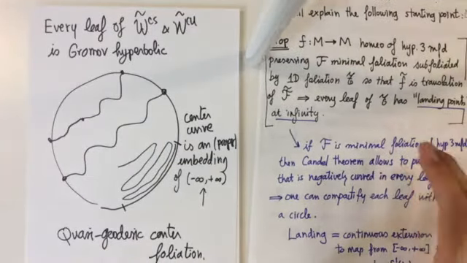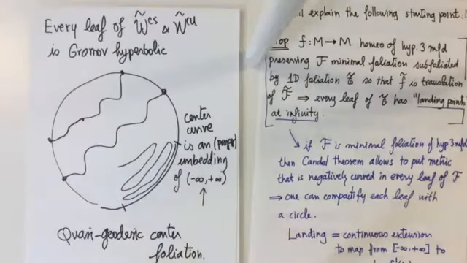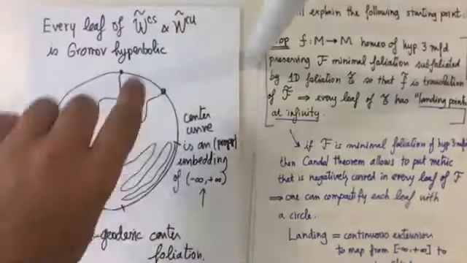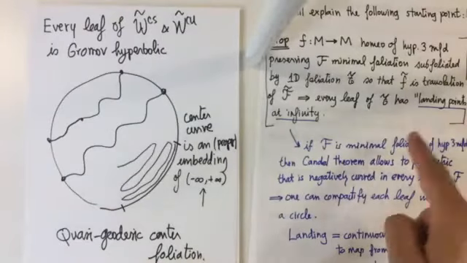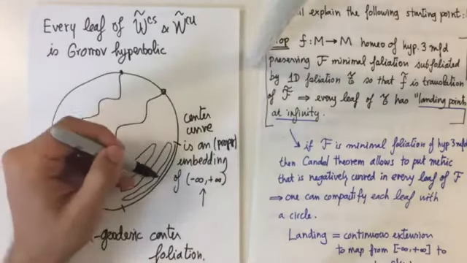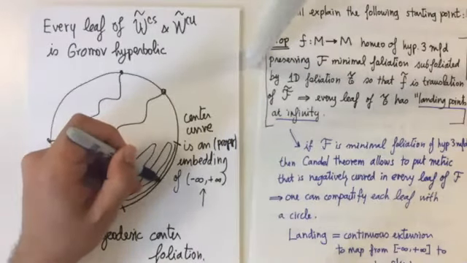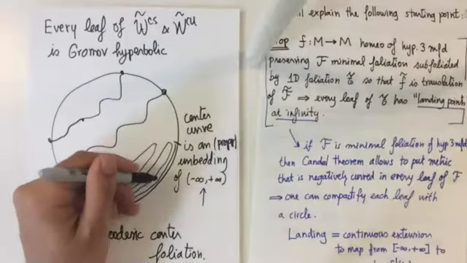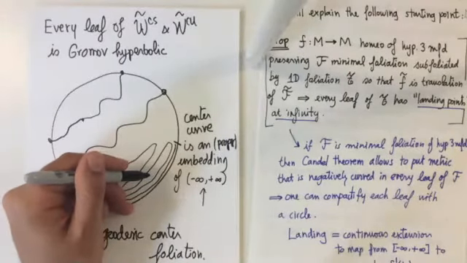Okay, and this in blue is what I just mentioned. There's this result by Candel that allows you to put a negatively curved metric in each leaf of the foliation. This allows you to compactify each of the leaves with a circle at infinity. And showing that the leaves have landing means that you can extend them to this closure, okay? But recall that when you compactify like this, as you go to infinity, this is bigger and bigger. So in principle, there's no reason such behavior cannot happen.